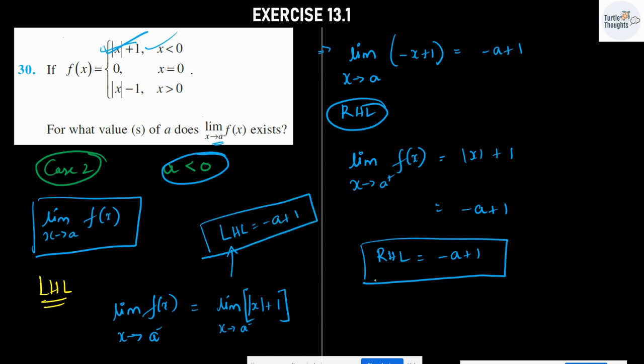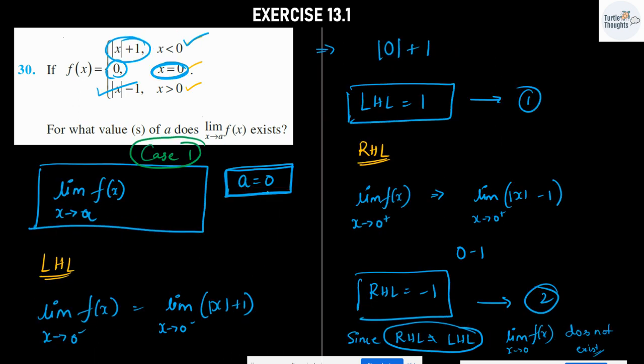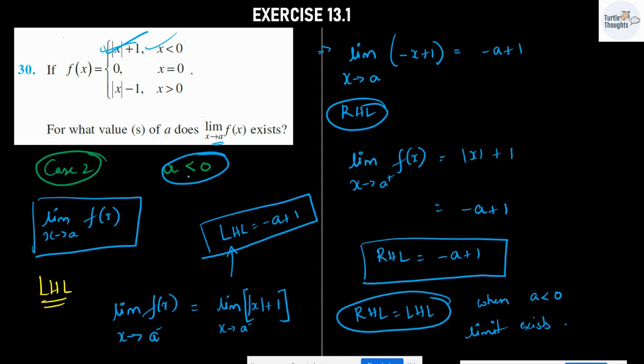Now if both are equal here, RHL is equal to LHL, then I can tell that the limit is going to exist when x is equal to or x is lesser than 0, right? When a is less than 0, limit exists. So case 1 is done when a is equal to 0, case 2 is done when a is